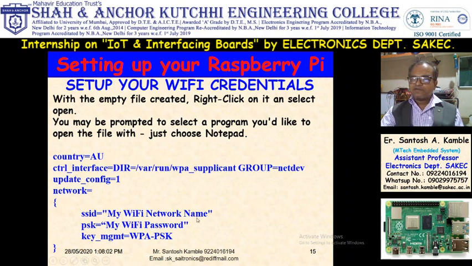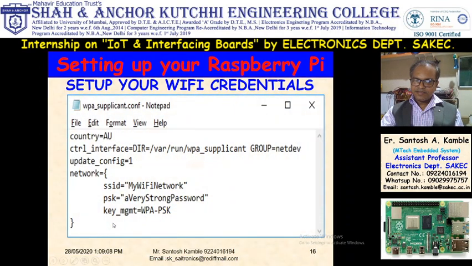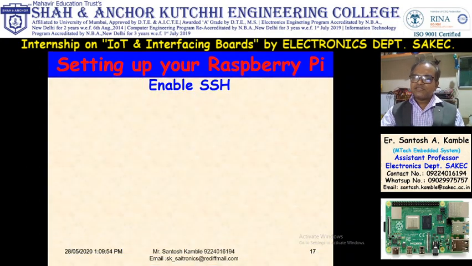Here you have to write down your Wi-Fi name. If I am using a mobile hotspot, I can write SK and I can write the password. So you have to write down only this code. You have to copy these contents into that text file. So it looks like this. This is the WPA_supplicant.config file, and in that file these are the contents. Here you have to write down your SSID and here you have to write down the password. Then your Wi-Fi setting is done. Once it is enabled, your Raspberry Pi will directly connect to Wi-Fi without giving any extra credential.